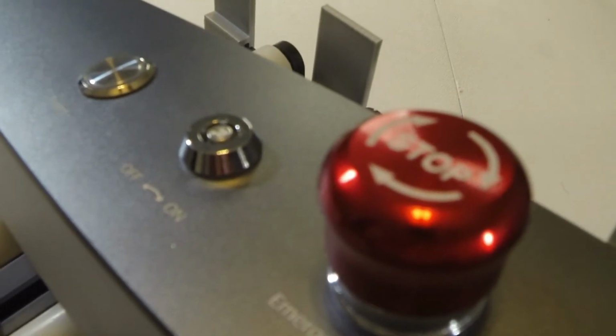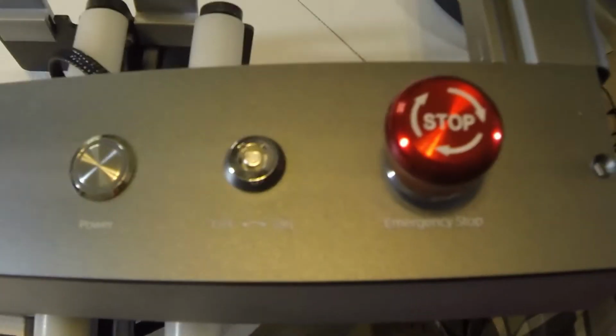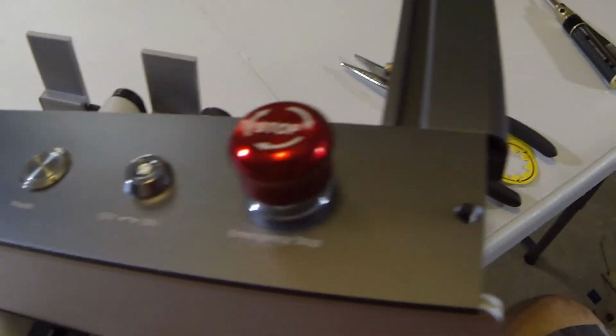So with it in the right position, I'm going to go ahead and tighten that nut up. Tighten it by hand, and then I'll just snug it up with the pair of pliers. Alright, so with it all tightened up, straight, gonna go ahead and